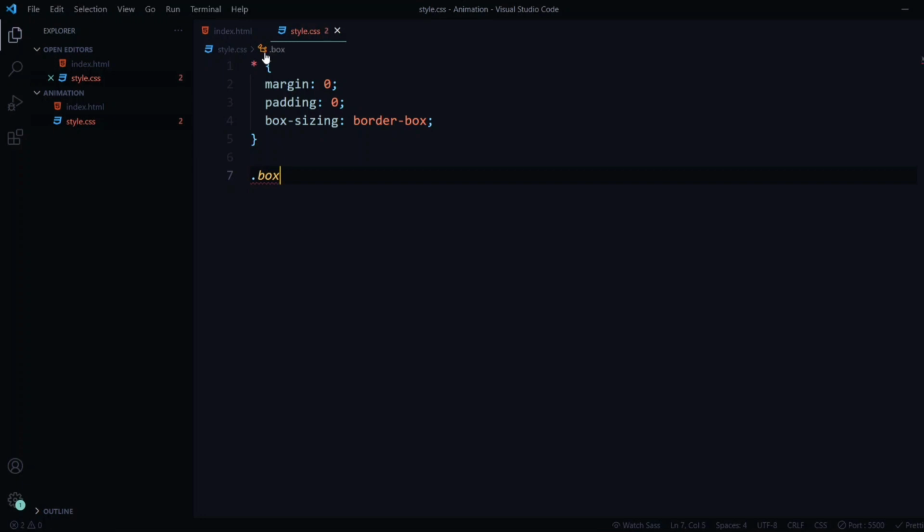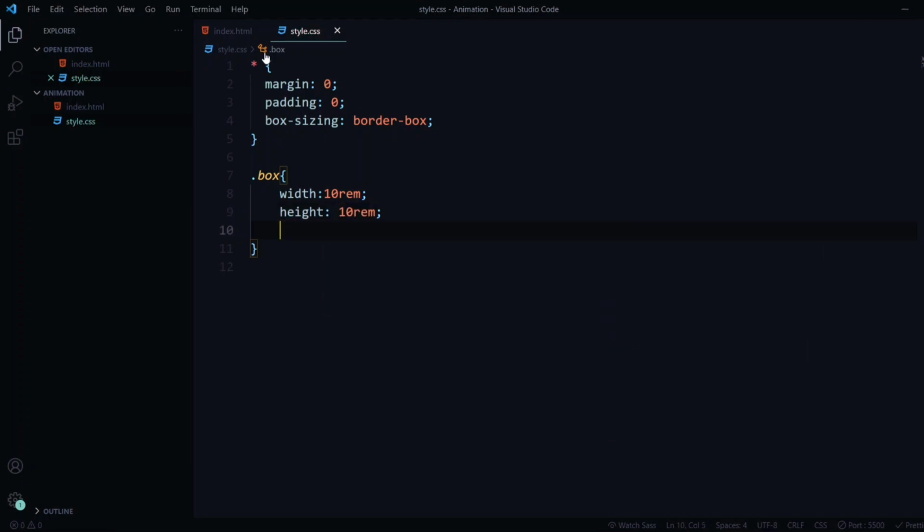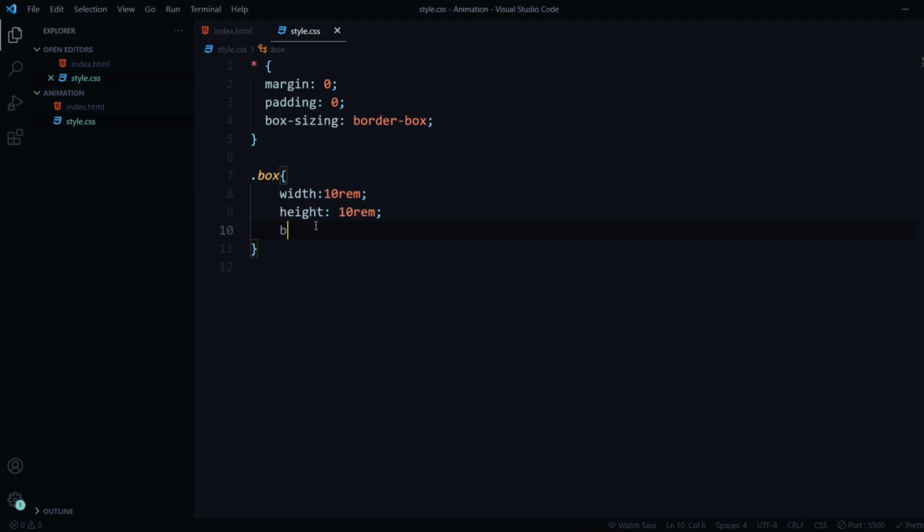Now we'll style the div with the class of box. First let's give it a width of 10 rem. Let's give it a height of 10 rem, but still it won't be visible, because divs are not visible unless you give them height and width. And even after height and width, you should have a background color or a border color or some sort of thing that will distinguish it from the body section. So I'll just give it a background of red color. You can use background or background color, it does not matter.